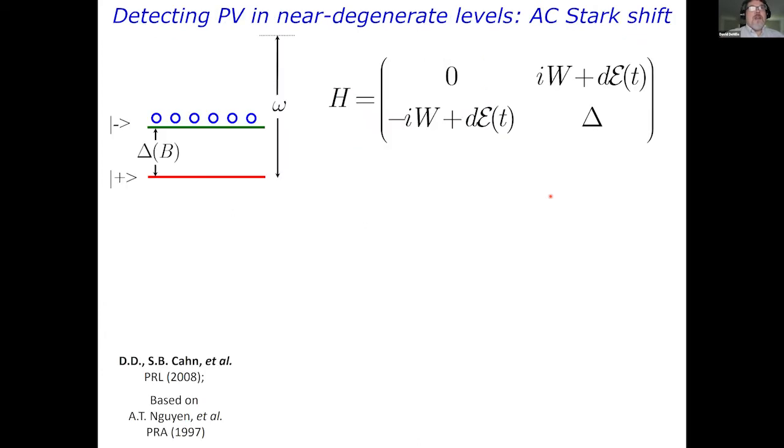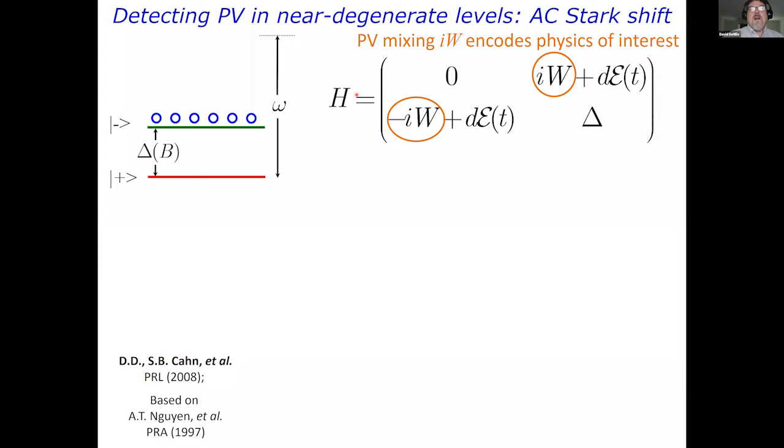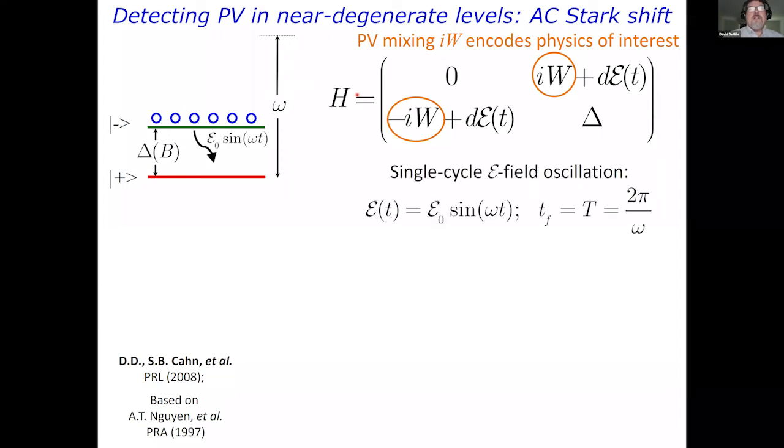So here's the energy level diagram of the system. We have these two states, one populated, one empty at the beginning. They're separated by some energy gap delta, which we can tune with a magnetic field. And we apply an oscillating electric field to the system, which is a sinusoidal oscillation. Its frequency is deliberately far above resonance with the system. So it's not a resonant driving, but a far above resonance, blue detuned driving.